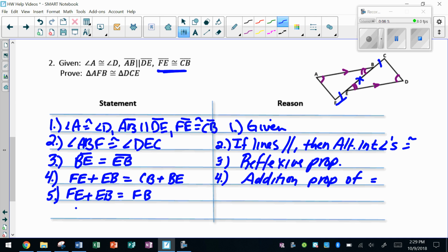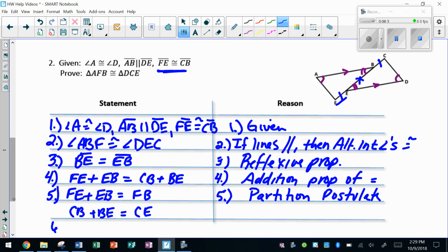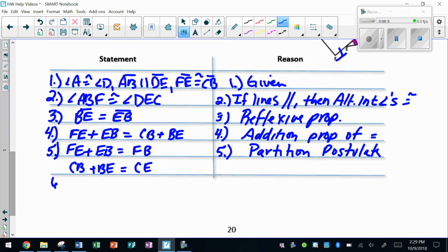When I do CB plus BE, that's going to equal CE, and that's my partition postulate. And then step 6, I can use substitution and say that FB is equal to CE by substitution,